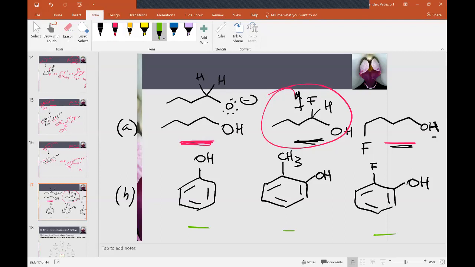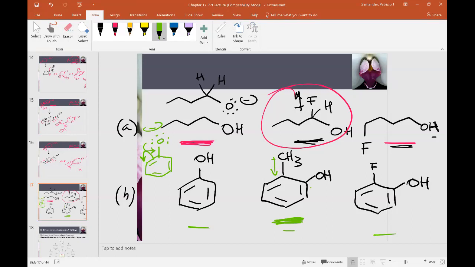Remember that once we deprotonate the phenol, we try to write down additional resonance structures, right? There you have it. I can bring the negative charge here, and I can localize my pair of electrons on that carbon atom. Or I can do it on the other side as well. But here, too bad, the methyl group is an electron donor. And so that will destabilize the conjugate base of that phenoxide. So I could expect that the pKa value of this central structure will be slightly higher than the pKa value of regular phenol. And then, on the contrary,